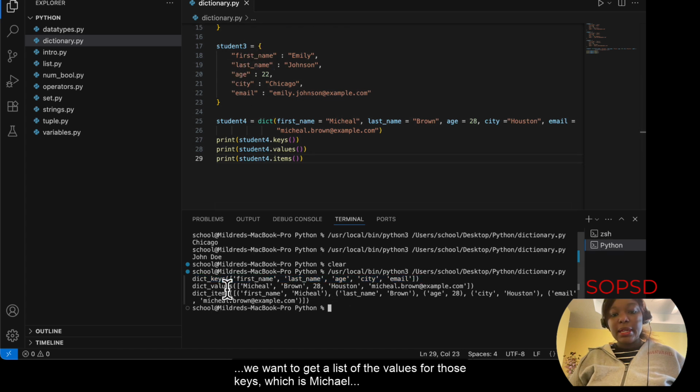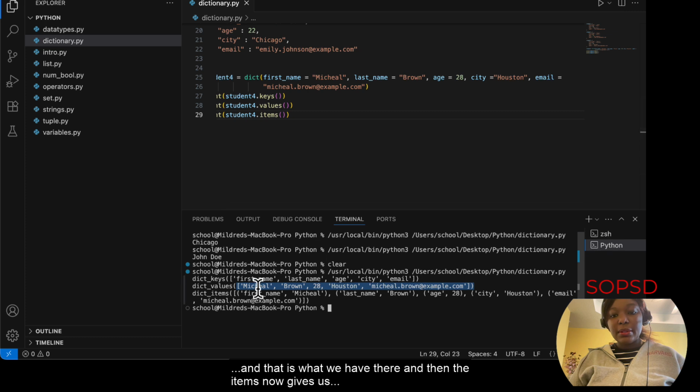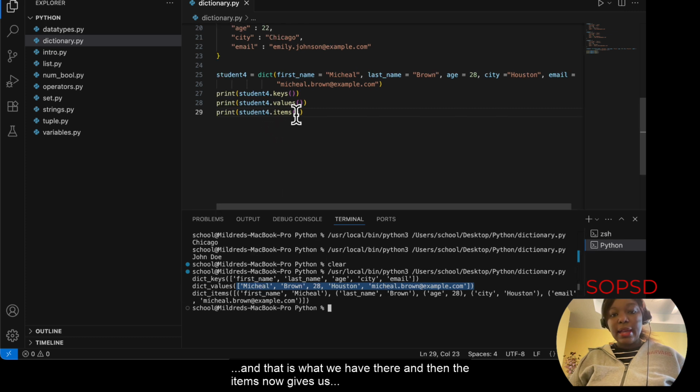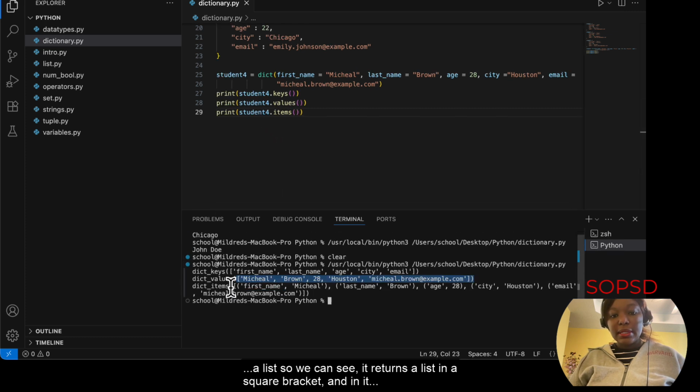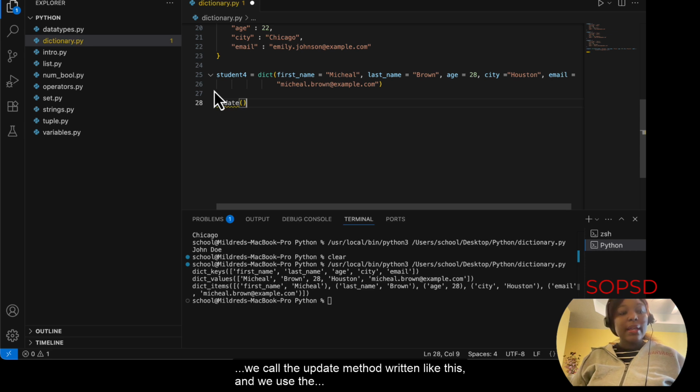And then we want to get the list of the values for those keys, which is Michael Brown, 28, Houston, michael.brown@example.com, and that's what we have there. And then the items method gives us a list, so we can see it returns a list in square brackets, and in it we have a tuple of the key and the value of each of the items in that dictionary. Right, so we have another method we call the update method, written like this,